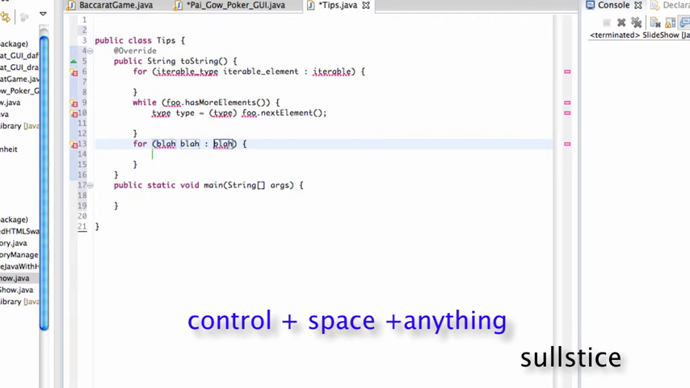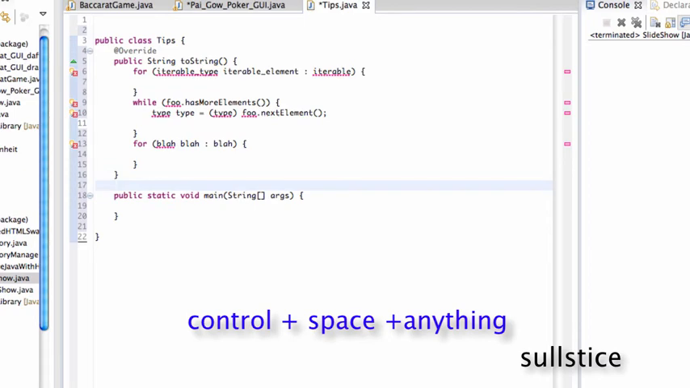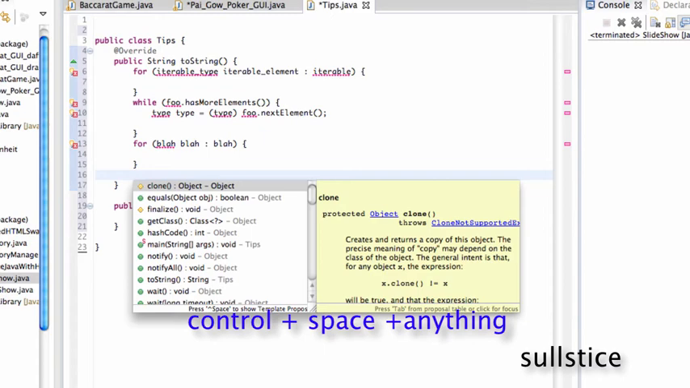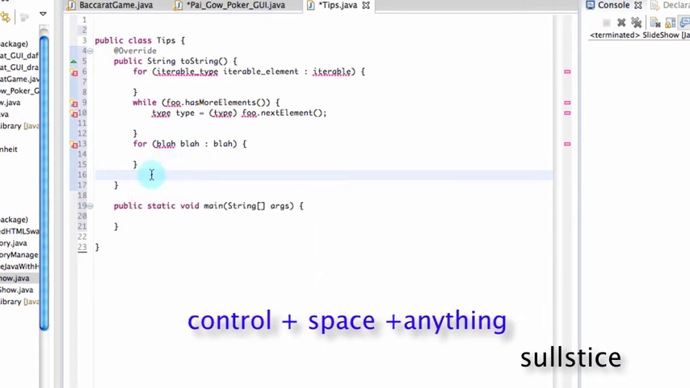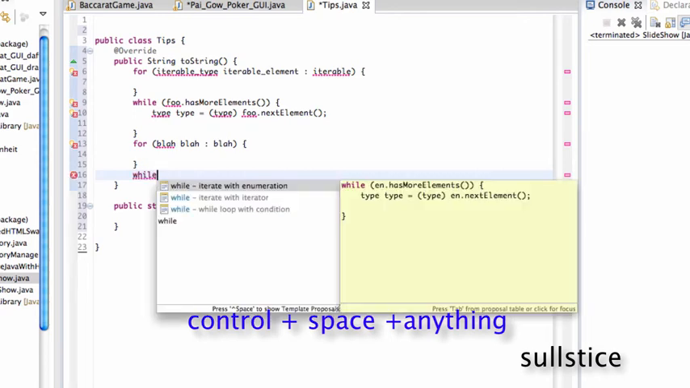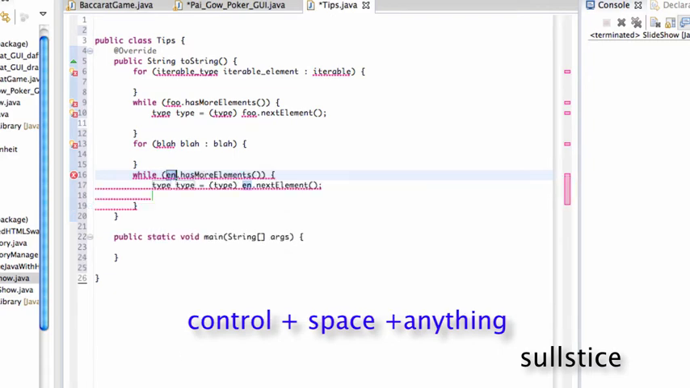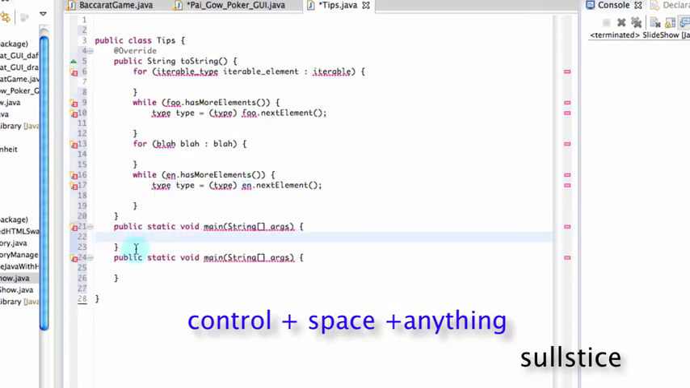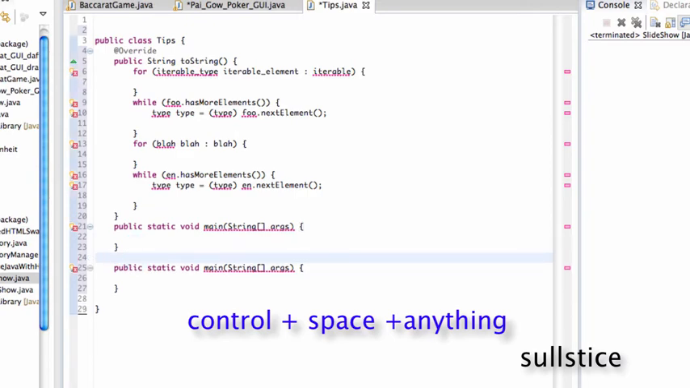And this, well, you can use for anything. So you can do while loop. So you could do control space. Oops. You could do while. As you can see, I'm a great typer. Command space. And here. Boom. And you can do it for methods too. So you could do main, control space, main method. Boom. And you can do it, let's see, public,